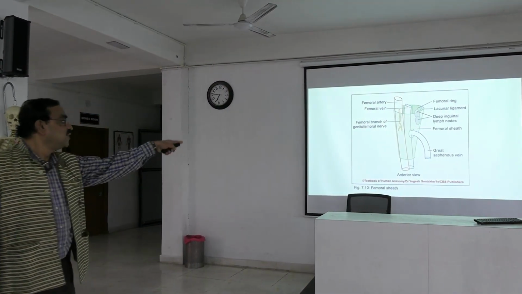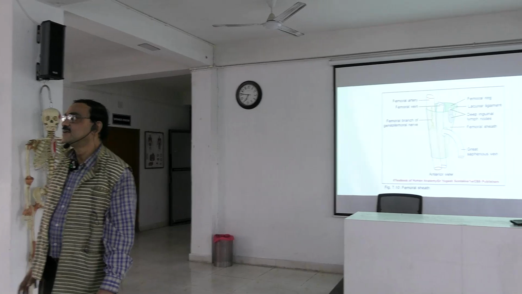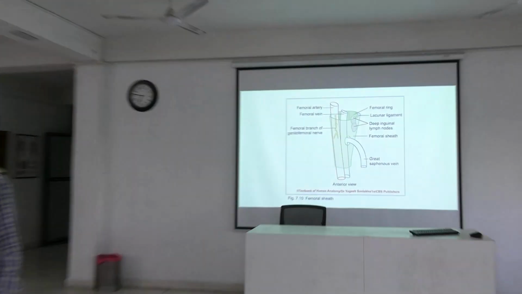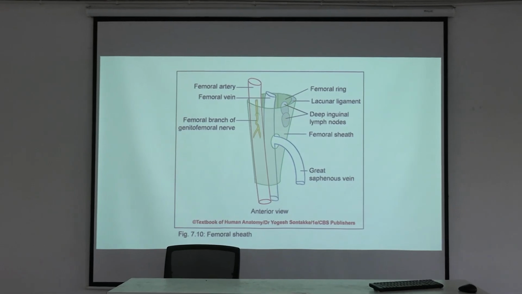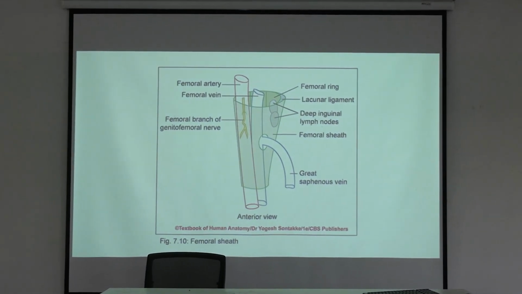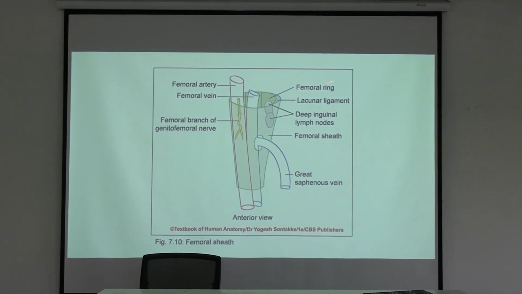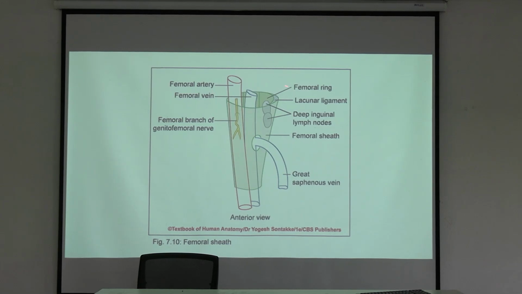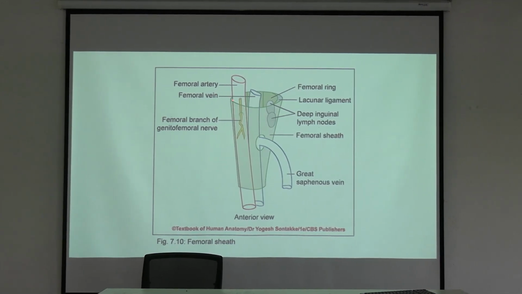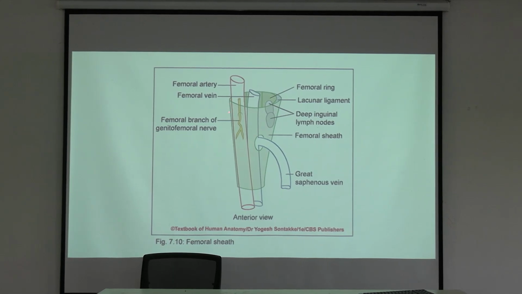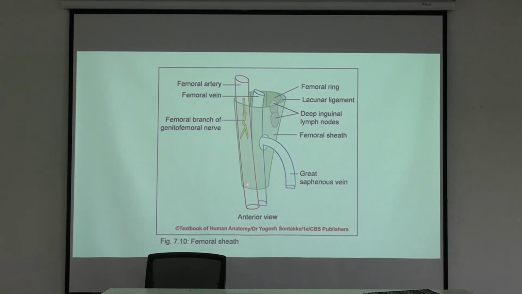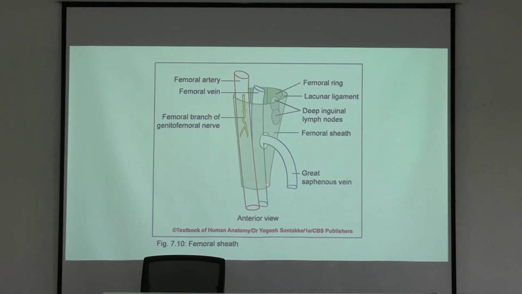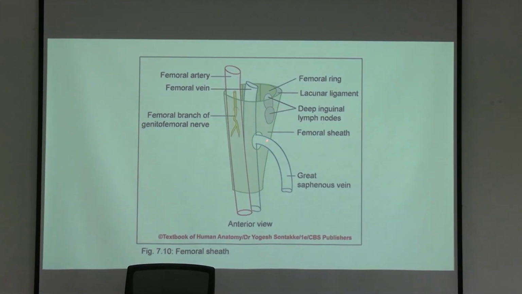Now we can see this is the funnel shaped shape of the femoral sheath. So it has got its base, it is opening towards the abdomen, and we can see there are two sides. One is lateral side, medial side. Lateral side is straight, medial side is oblique, okay, and there is an opening,